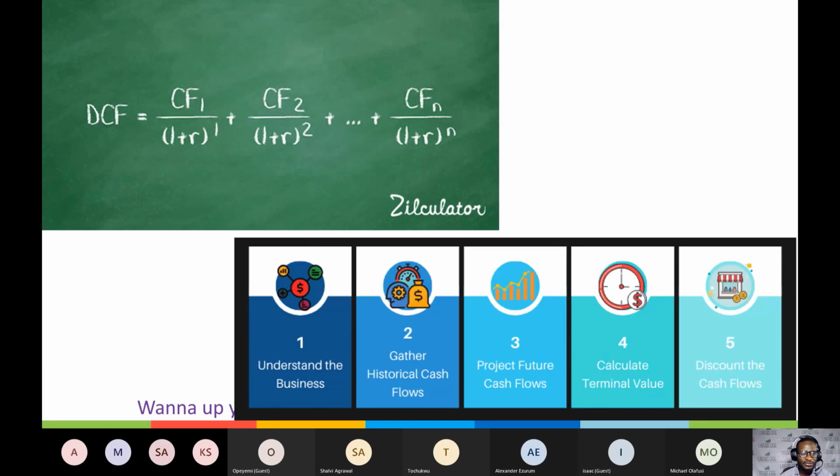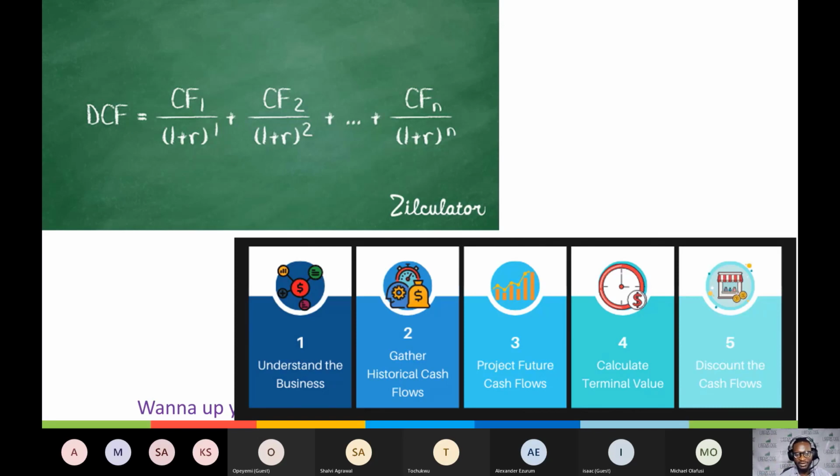Okay, so the formula you see up here: DCF equals cash flow in year 1 divided by 1 plus the discounting rate raised to power 1, like that. Cash flow in year 2 all over 1 plus discounting rate raised to power 2. 2 is the period. Okay, so we're going to do them again. I'm just opening our minds to the formulas we're going to use. Then the slide below it, there is a pattern to it.